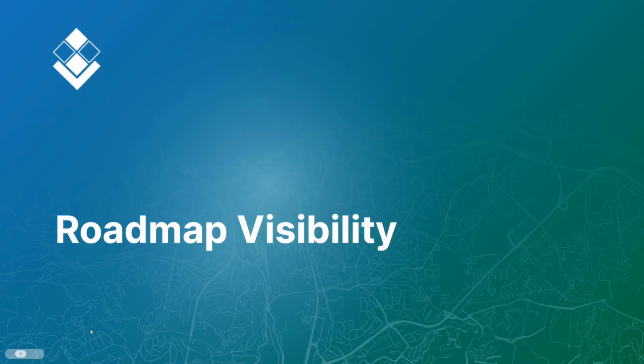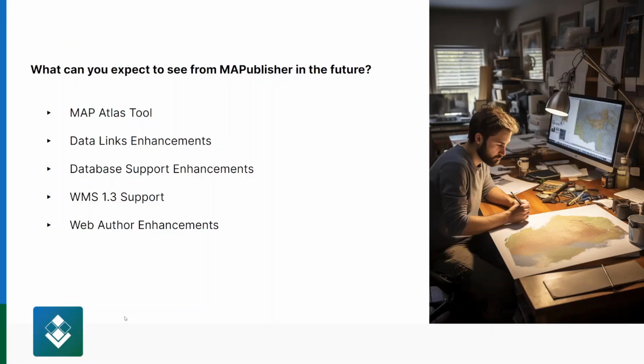I would like to close today's presentation with a quick look into some of the items that make up the MAPublisher roadmap and what kind of functionality we would like to bring to the software in the future. The first on the list here is a project we've wanted to implement for a really long time. The currently named Map Atlas tool will allow users to automate their Atlas creation workflows by taking a finished map product and splitting it apart into pages based upon a pre-selected coverage layer. The resulting maps can then be easily published in a variety of ways, including to the Avenza Map Store and